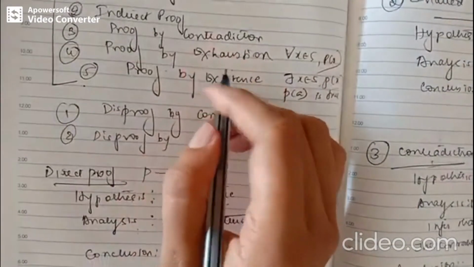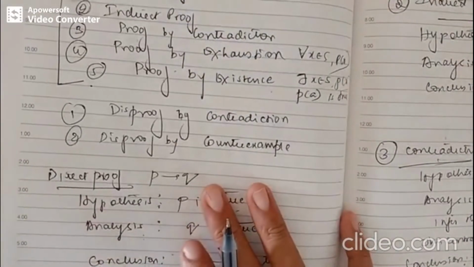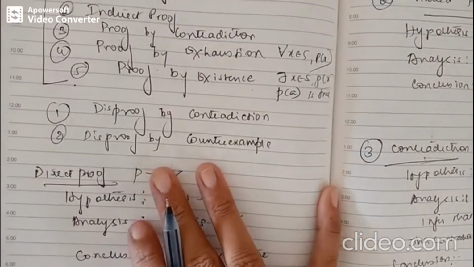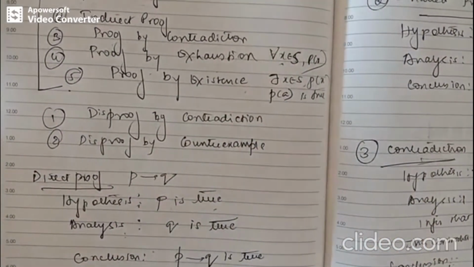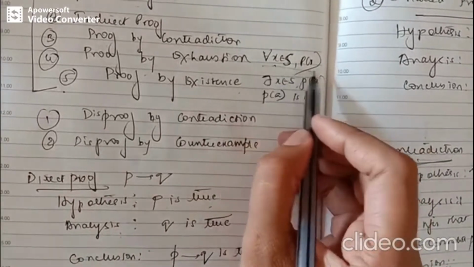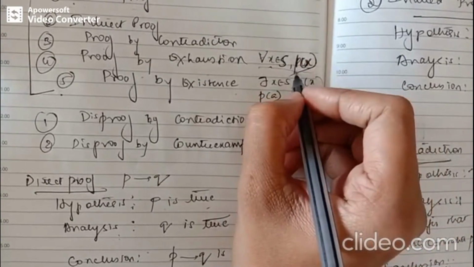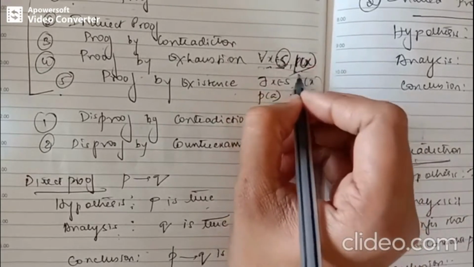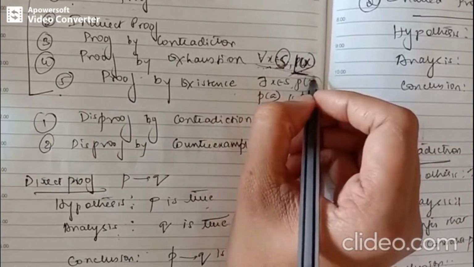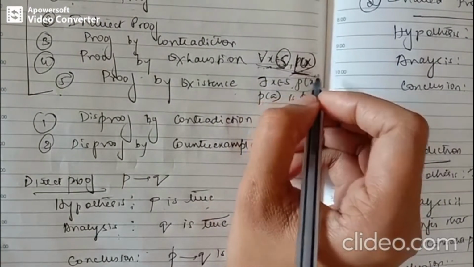So coming to the next one, that is a proof by exhaustion. So what we are doing in proof by exhaustion is, we are taking the proposition of the form for all x belongs to some universe, let's say S, comma P of x. And we know that this P of x is nothing but your open statement. This P of x is true if P of x is true for each and every element in this universe, right? This quantified statement is true only if P of x is true for each and every element in the universe S.